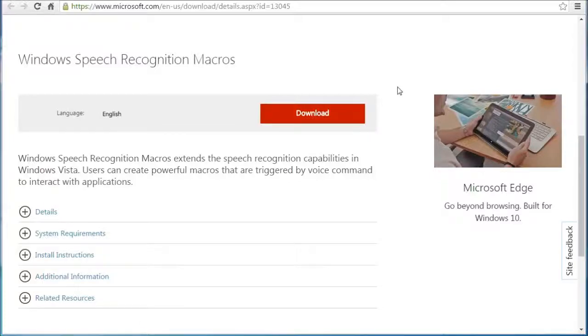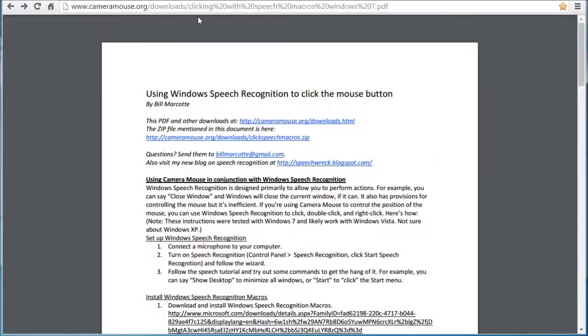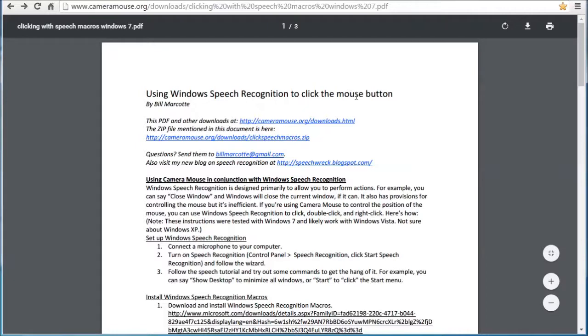Hi, I'm going to demonstrate a bit about Windows Speech Recognition Macros. This is a free add-on for Windows Speech Recognition, which allows you to add some custom commands. Once you download and install it from this link, you need to go to this document. In here, there's this link for Click Speech Macros, and contained within that is all you need for a simple